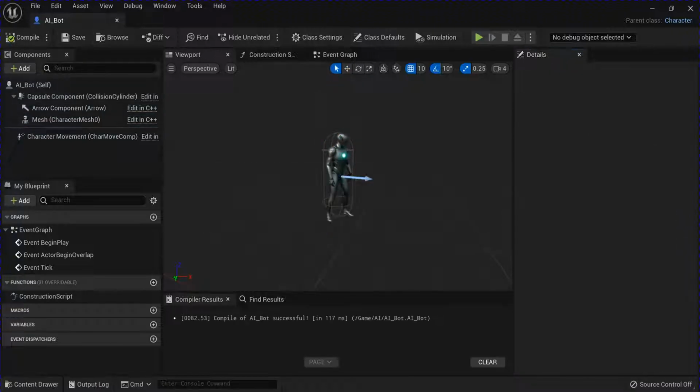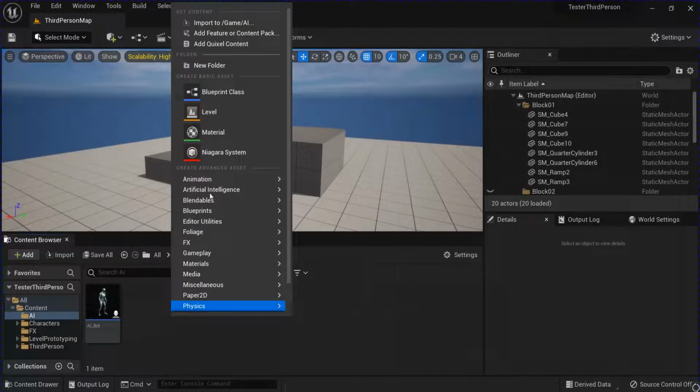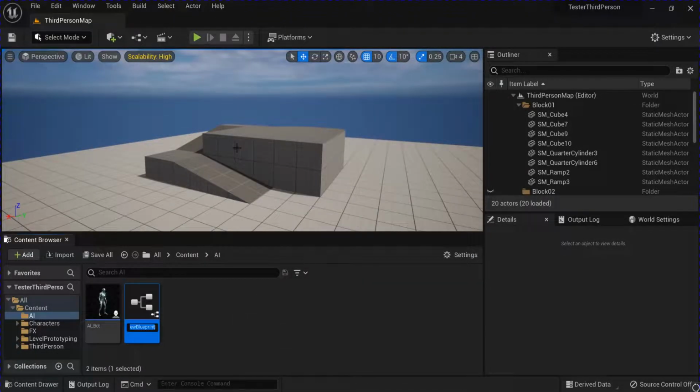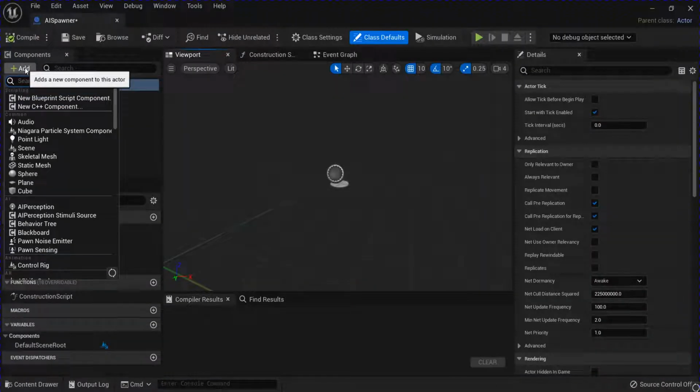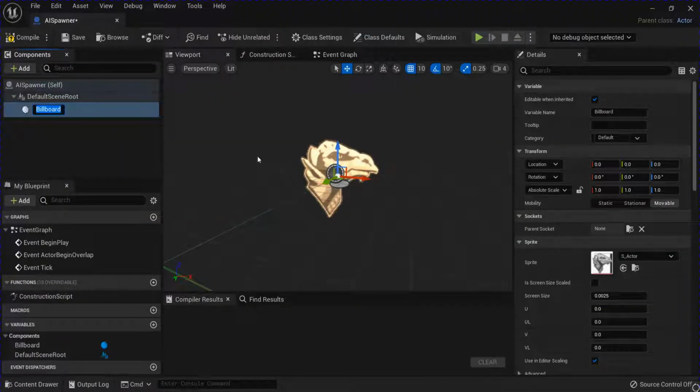Rotate that, bring it down. Make another blueprint class, make this actor. This is going to be the AI spawner. Open that up, add a billboard, raise that up,